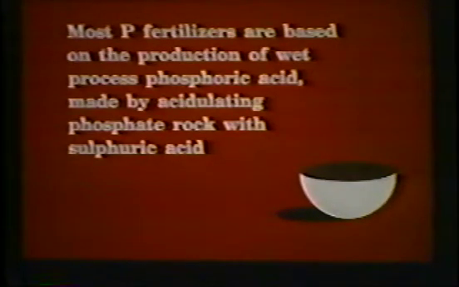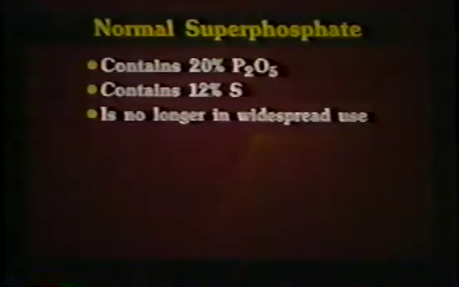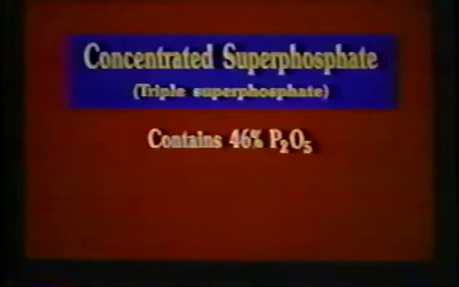The phosphorus fertilizers that we have all come from one place, rock phosphate. That is the source of all of our phosphorus fertilizers. We simply then run them through the process. We used to have a material called 0-20-0, the old normal super or ordinary super phos. Very little of that in the marketplace. One advantage that that material had was it had a high sulfur content. So if we got into areas that were sulfur deficient, we were getting a good supply of sulfur as well, except that we're paying the cost of shipping that sulfur. And because of that, the industry shifted from the old 0-20-0 to 0-46-0,